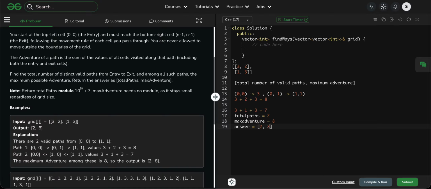That's simple. Total path is 2, max answer is 8. So the answer is this one. Now you understand what I am saying and what is the question? Yes. So here we analyze the problem, then we think